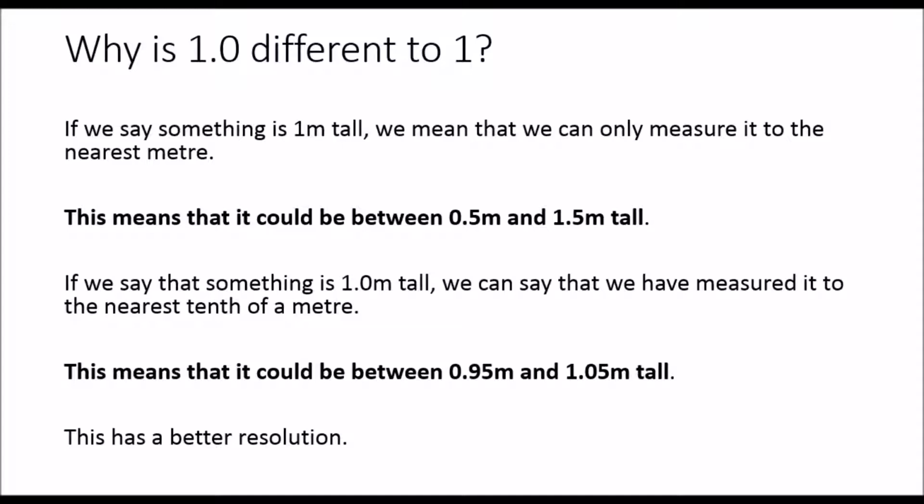Well, it all comes to this thing about rounding. So if you say something is 1 meter tall without any decimal places, then you're saying you're measuring it to the nearest meter. So you're saying the thing you measured it with can only tell you in whole numbers of meters the closest meter it is,